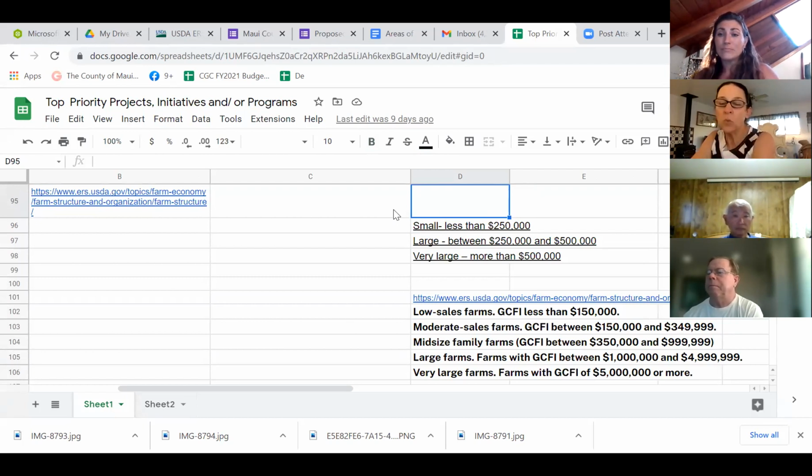Yeah, the 3 has less wiggle room. I like the second one with 5 different categories, and I like that the low one is less than 150,000. You know, the majority of farmers are low sale farms. Right. Yeah, I was going to agree with Teresa. I think in the situation for where we live, and knowing the percentage of small farms, the second one makes more sense for the state of Hawaii.